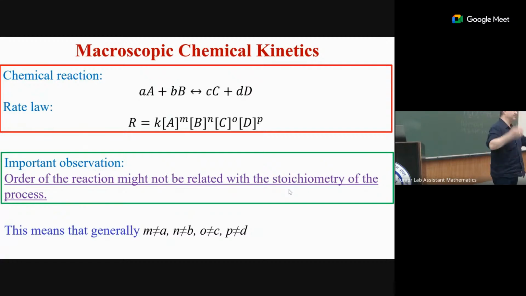And in some cases, it's even not an integer. The numbers A, B, C, D are always integers, but these numbers M, N, O, P are not integers; they could be a square root, could be 1/3. And that's a reflection of the mechanism. There's a theory of chemical kinetics. If you're interested, I can give you a lecture on this. I'm not sure you need it. So a chemical reaction, when we write it, is a black box. A lot of more microscopic reactions are happening, and the overall reaction rate is a reflection of this mechanism.